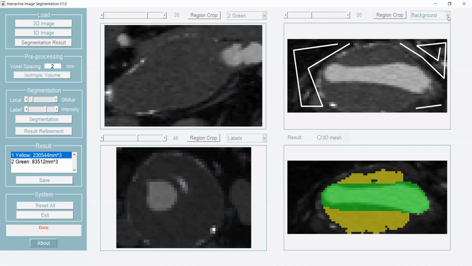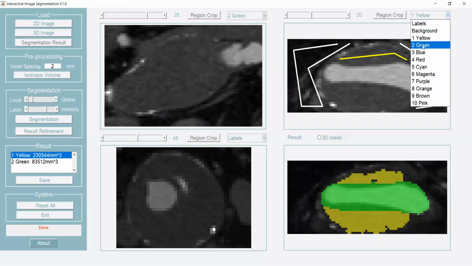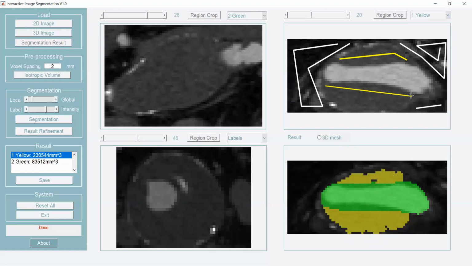And background. And then the yellow class, and green. Okay, so I'm happy with this. And if I click segmentation again,